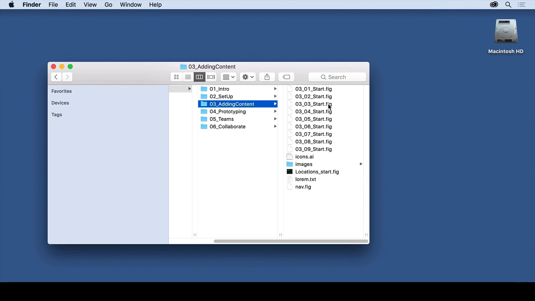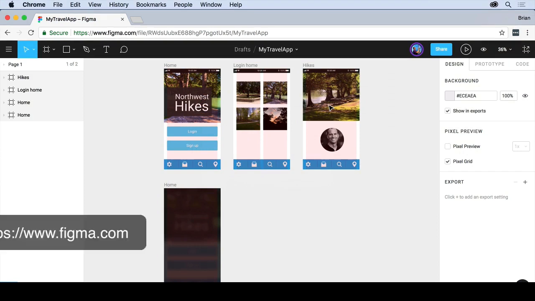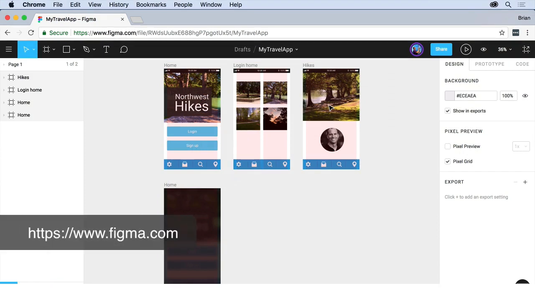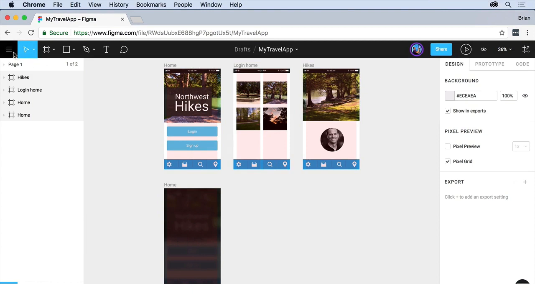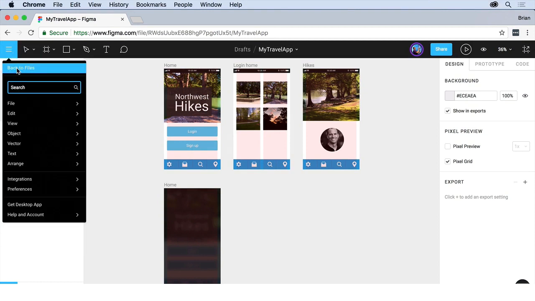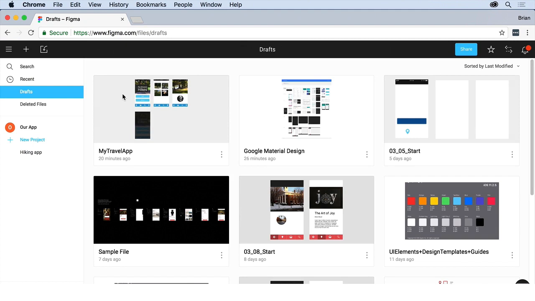Now, to open one up, I want to show you how to do that. In your browser, after you've logged into Figma, figma.com, if you have a file open, you want to come back to the files in the upper left corner here. You can do it a couple different ways, but this way you can come up here and choose what's called import the file. So if you click on that,